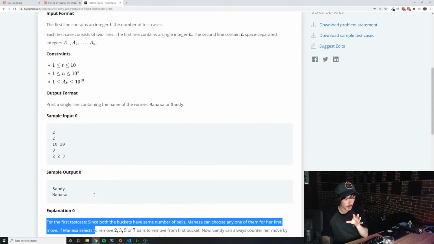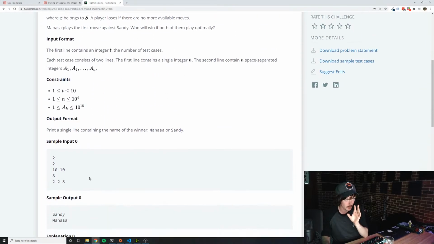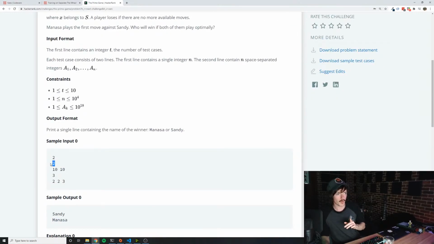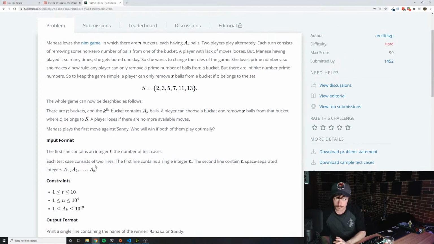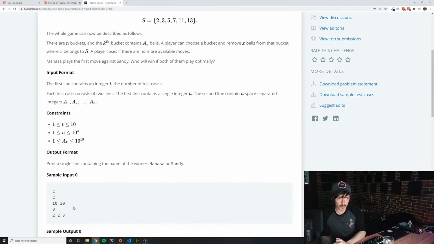Before I read the explanation, I'm going to make sure that I fully understand everything this far. I think I do. But if I look at these, so here's the test case. I know that there's going to be 2 numbers. In this case, there's 2 numbers, 10 and 10. These 2 numbers represent, I'm guessing S, maybe? Although those aren't prime numbers. Are they? They're not prime numbers, because 10 is not a prime number, obviously. So